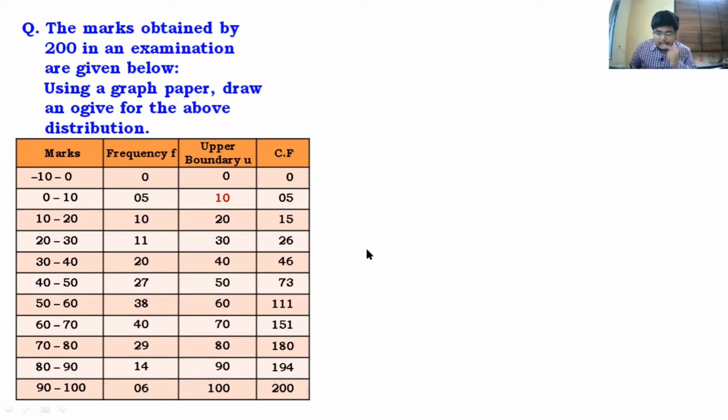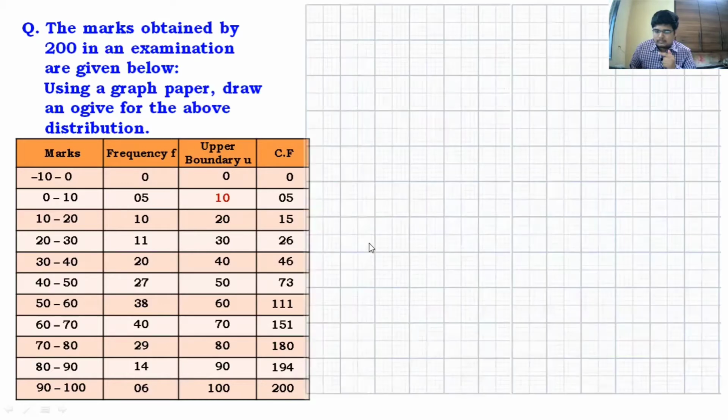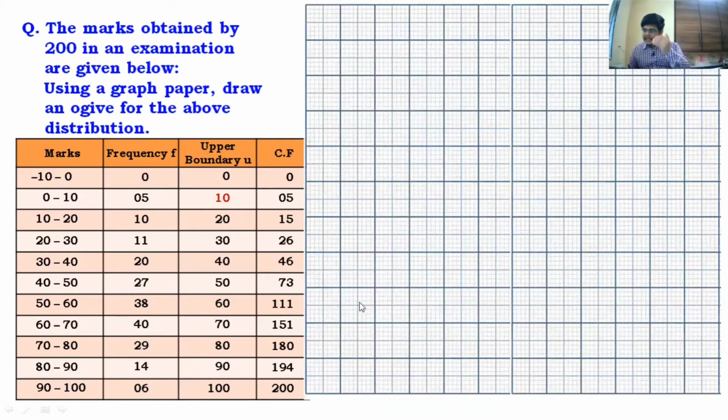So here, guys, take a graph paper. It has to be a 2 by 2 centimeter graph paper because that is the graph paper used by ICSE boards. I'll tell you what is to be done, guys. First of all, we will simply make the y-axis and x-axis to begin with. And obviously you have to use pencil. I can use colors over here, but you guys have to use pencil. So you should keep one box usually.